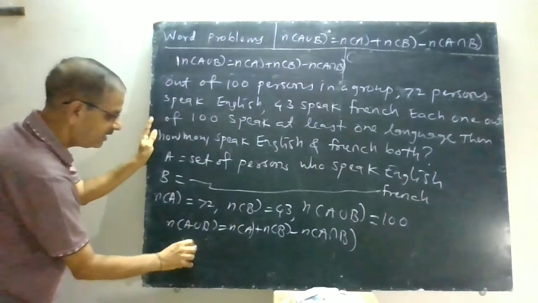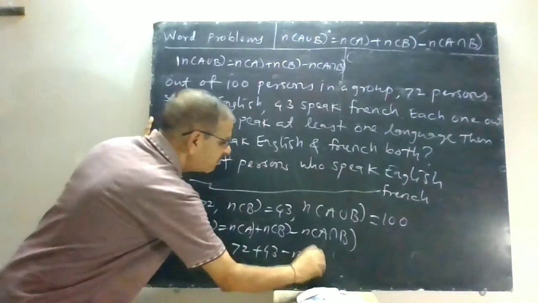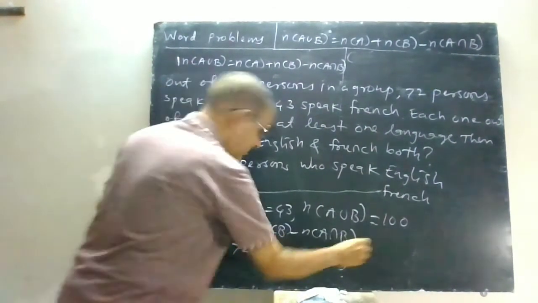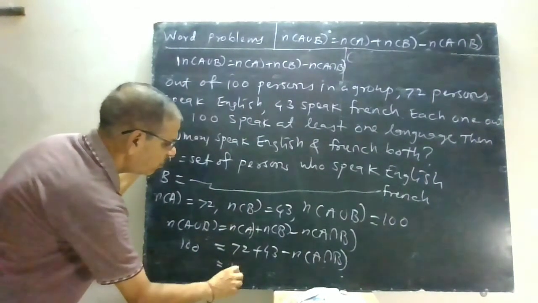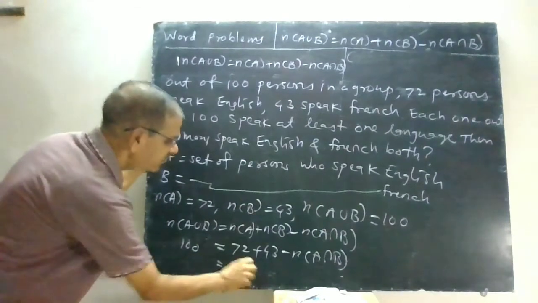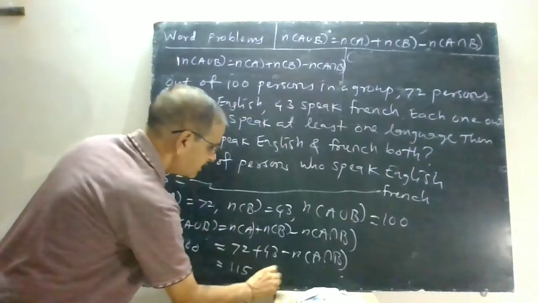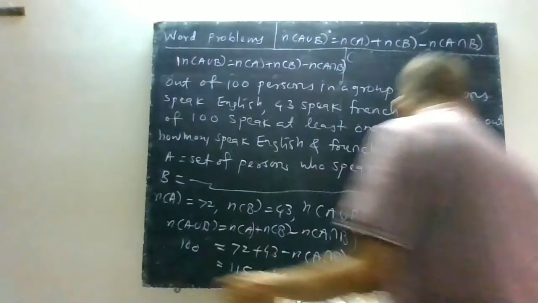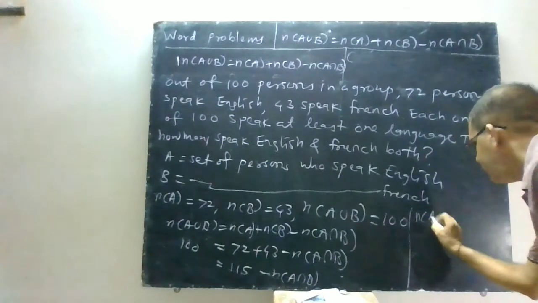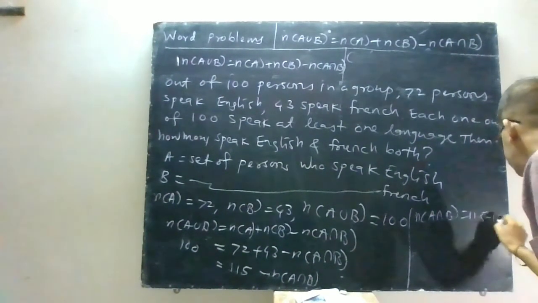It is 100 here is equal to 72 plus 43 minus n of A intersection B. So it is 115 minus n of A intersection B. So you can have n of A intersection B is equal to 115 minus 100, that is